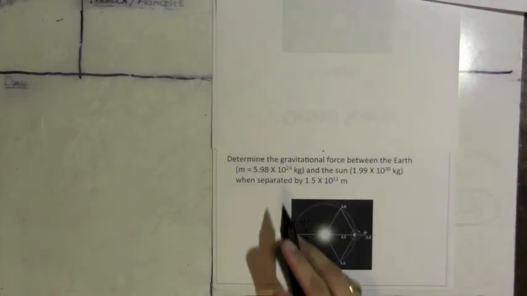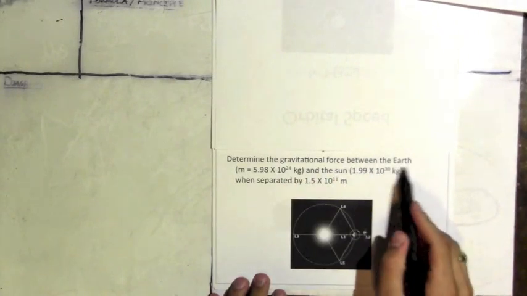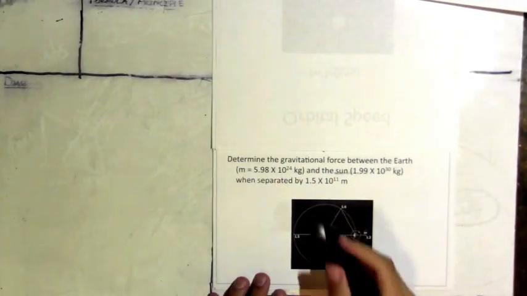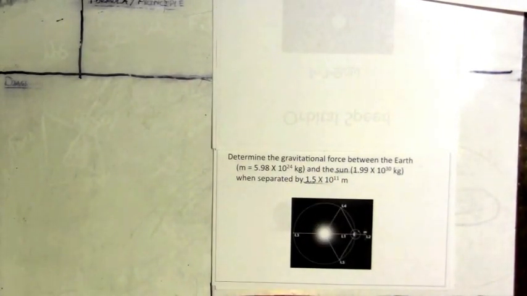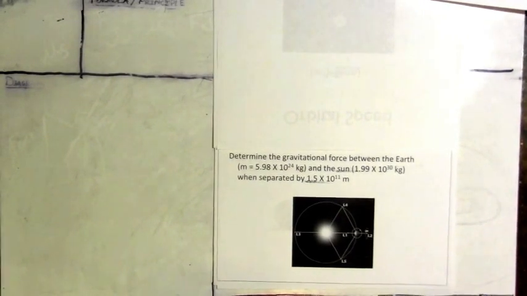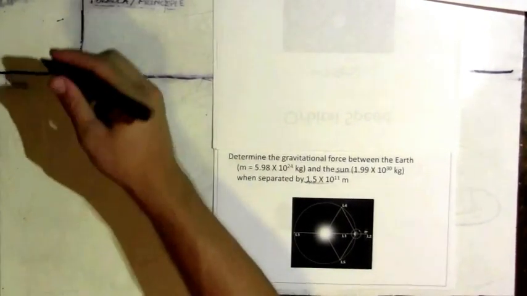Alright, this example says determine the gravitational force between the Earth and the Sun when separated by 1.5 times 10 to the 11th meters. Now these are the values for the mass of the Earth and the Sun, so we should be able to figure out what the actual gravitational force between the two is. So we are looking for